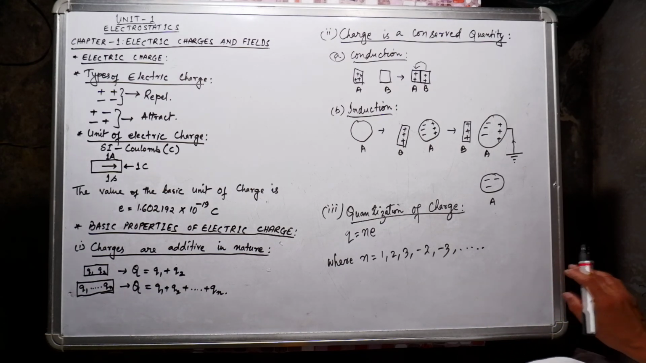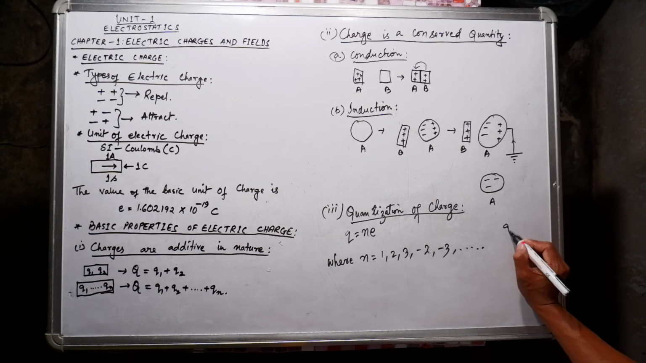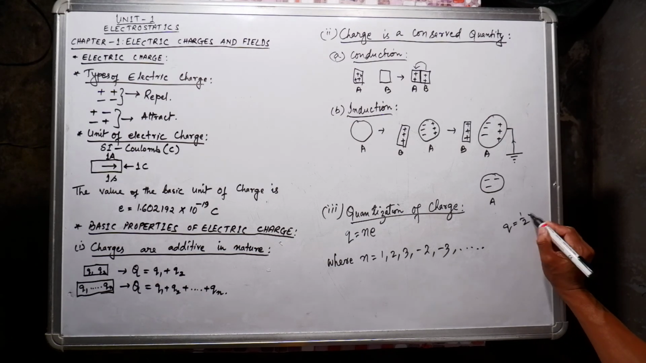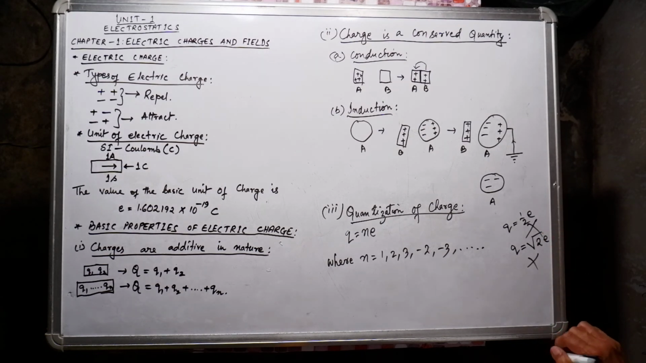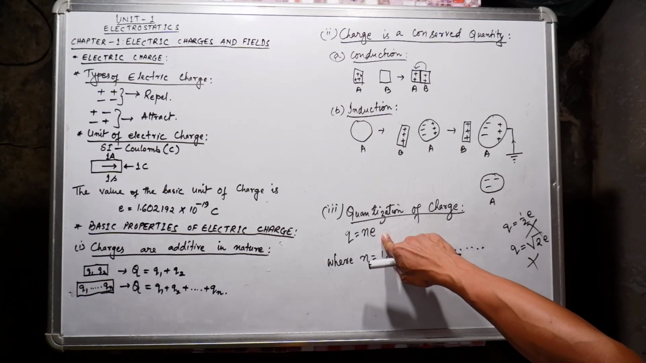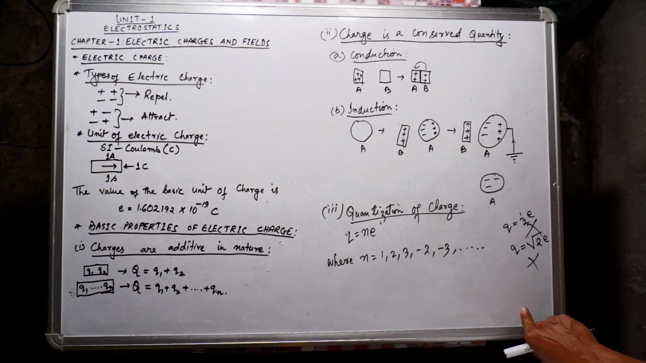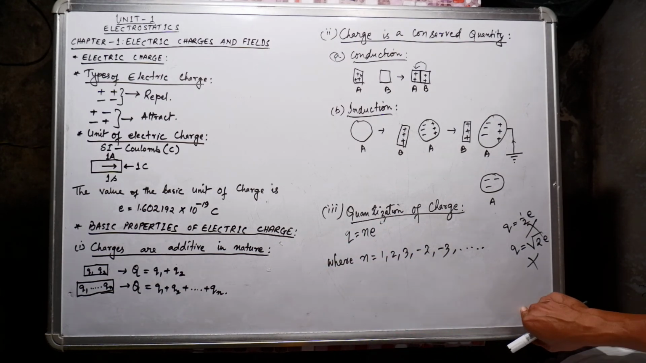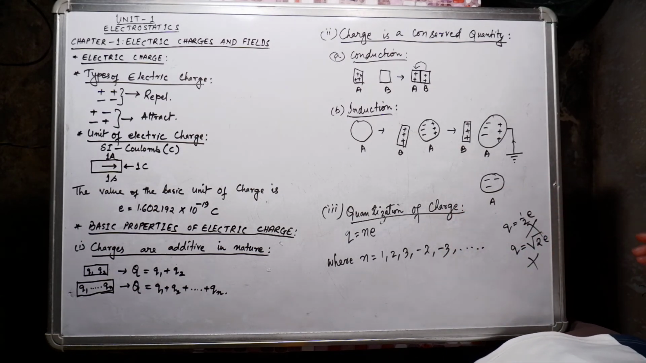And one thing we must remember is that quantization of charge means the charge of a body cannot be like half of e. This cannot happen. Also, Q cannot be something like root 2 e. This also cannot happen. For all bodies, substances or elements, we will have the charge in this form, Q = ne, where n can be 1, 2, 3, or any integer, but it should be a multiple of the basic unit of charge,